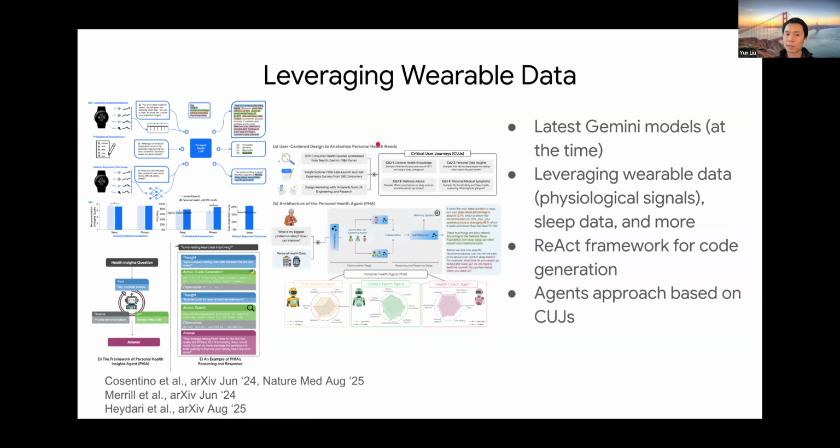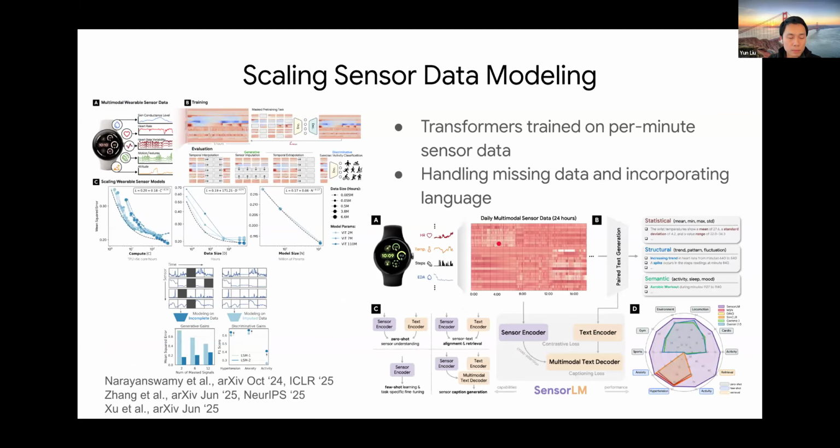So here what we did was to collect a number of different use cases across various channels and then cluster them into different kinds of CUJs. Based on that much smaller number of CUJs, we can then design a system that meets these CUJs depending on which agents are required for each CUJ. So I think in summary, this is what the main part of the work was about. All right.